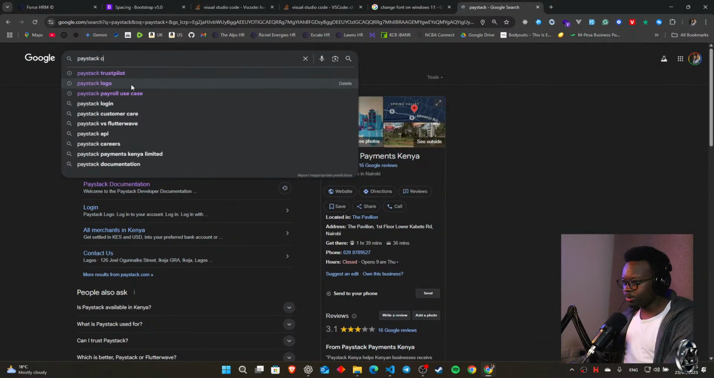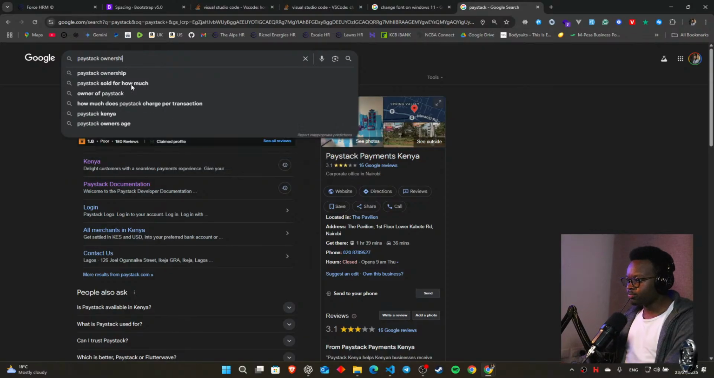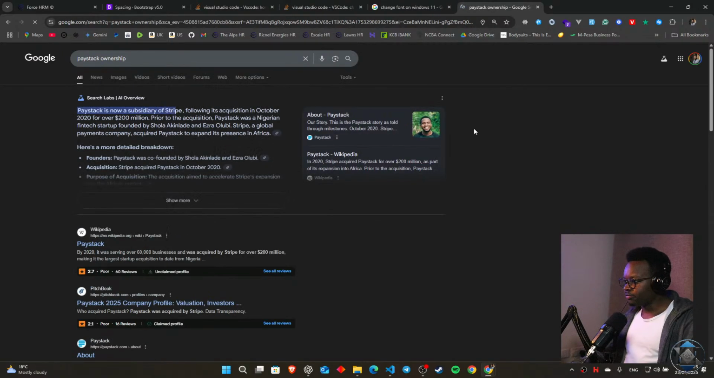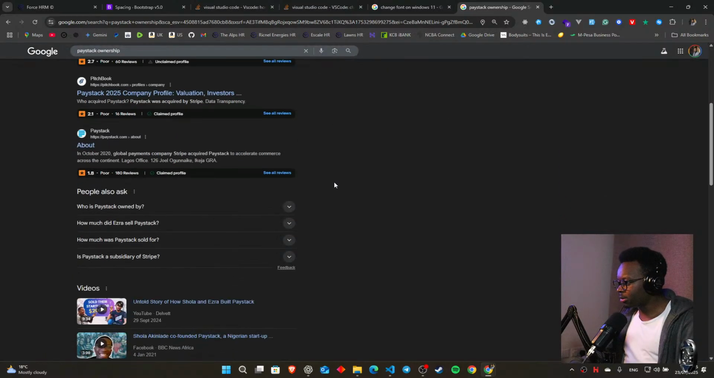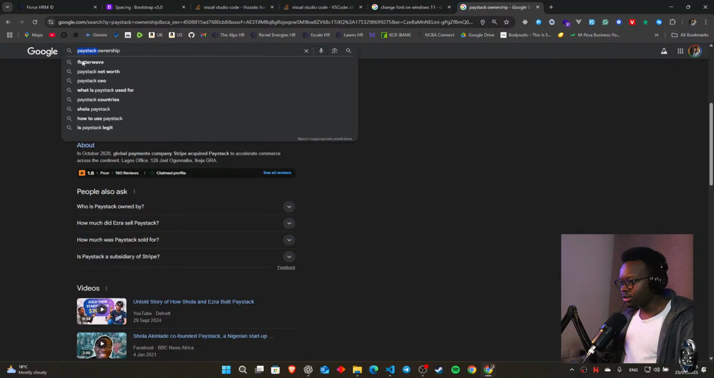So let's just do Paystack ownership. And you can definitely see Paystack is now a subsidiary of Stripe following its acquisition in October 2020 for over 200 million. So that's what's going down at the moment. But it was owned by a Nigerian who created this particular application. Pesapal on its own,